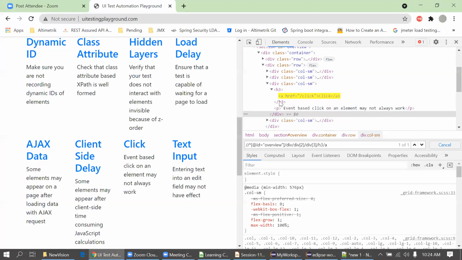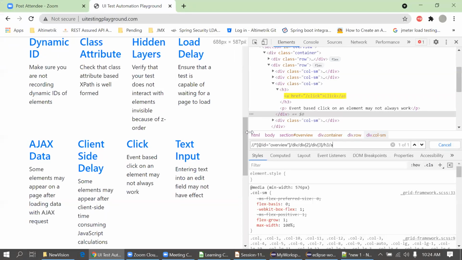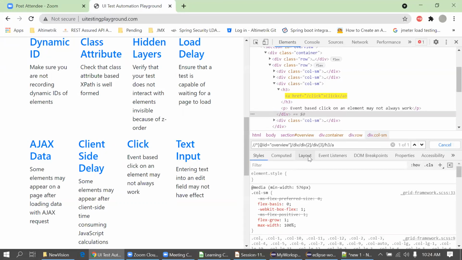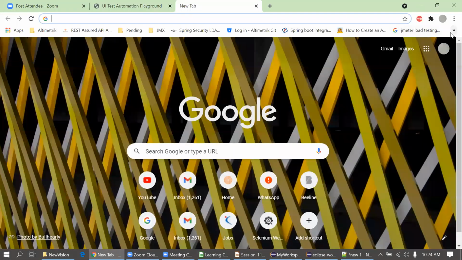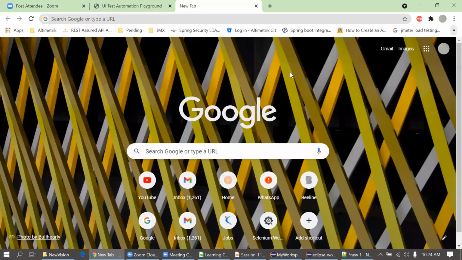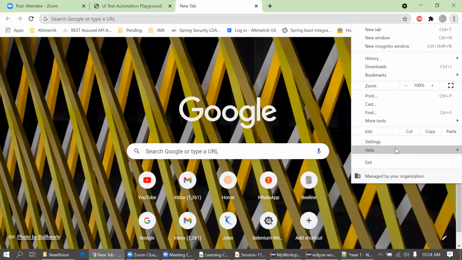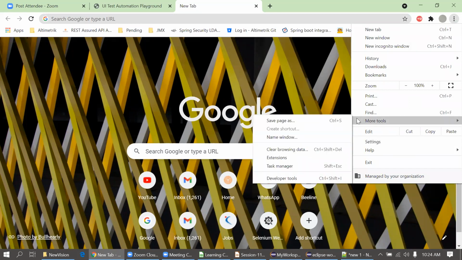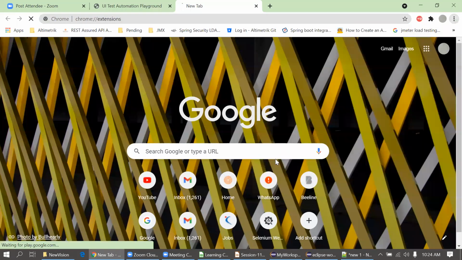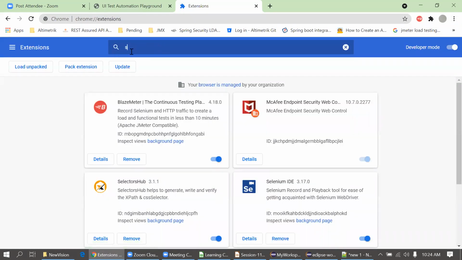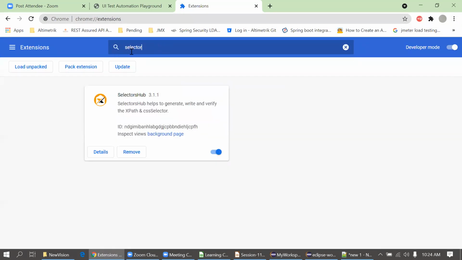So I will just show you another way, by using the SelectorsHub plugin. I have already downloaded that in my system. You can go to More tools, Extensions, and simply search for SelectorsHub.